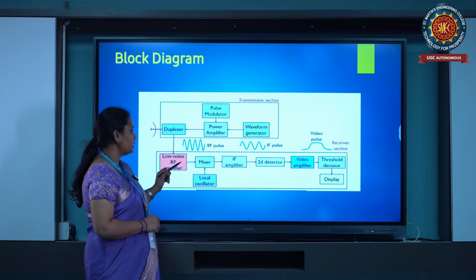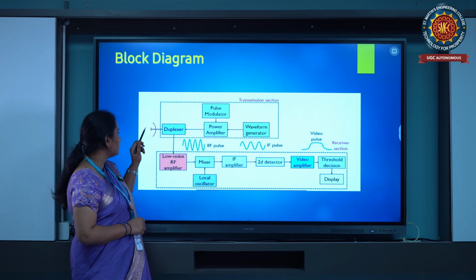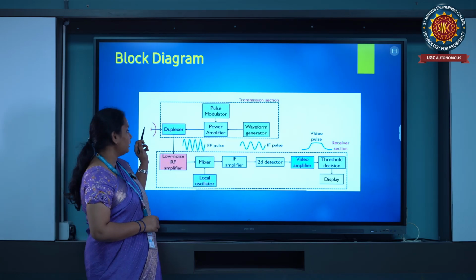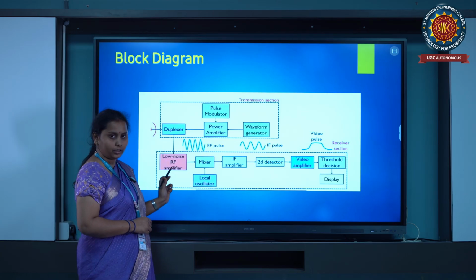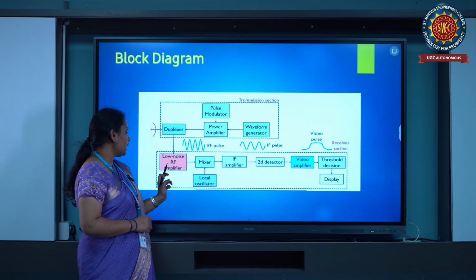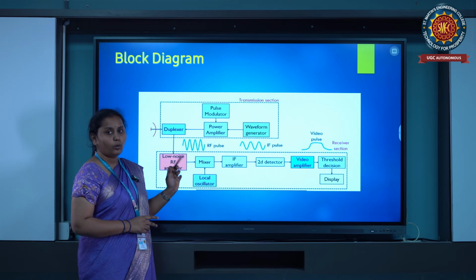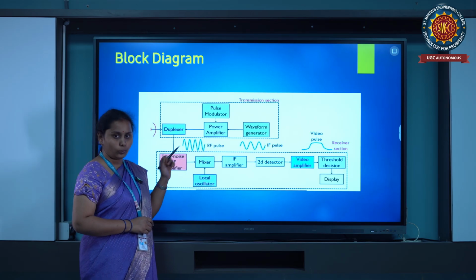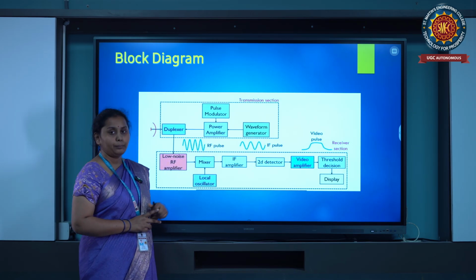Afterwards, in the receiving section, the antenna receives the echo signal. Then that echo signal is passed to the receiving section. In the receiving section, there is a low noise RF amplifier. The low noise RF amplifier amplifies the signal with low noise and gives it to the mixer.